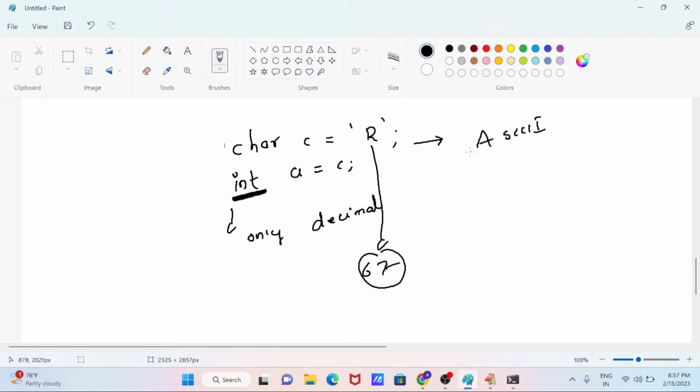You already know the full form, right? American Standard Code for Information Interchange, ASCII.